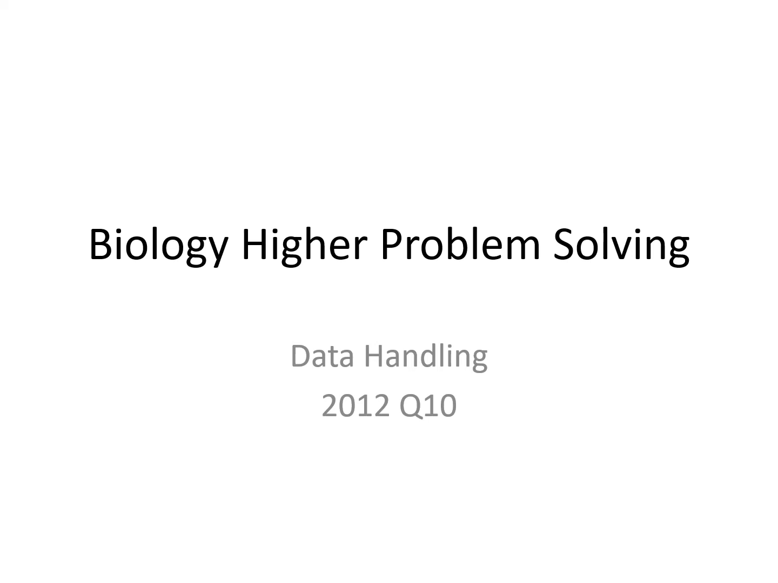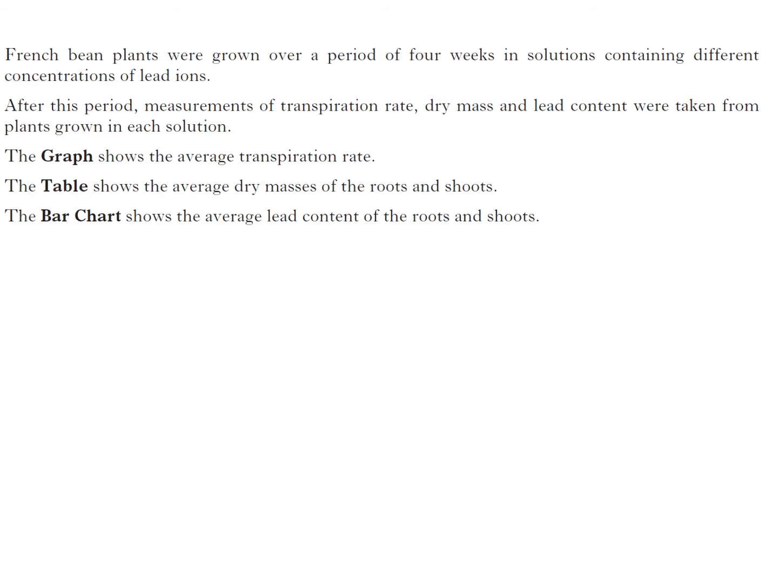Hello hires, we are looking at the problem solving question, data handling from the 2012 paper, question 10. Here's your context. French bean plants were grown over a period of 4 weeks in solution containing different concentrations of lead ions. After this period, measurements of transpiration rate, dry mass and lead content were taken from plants grown